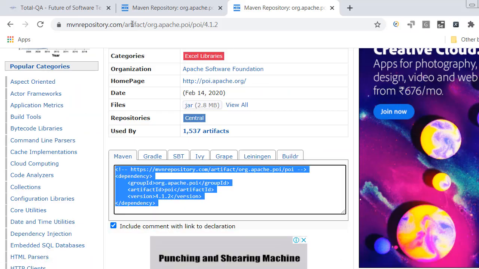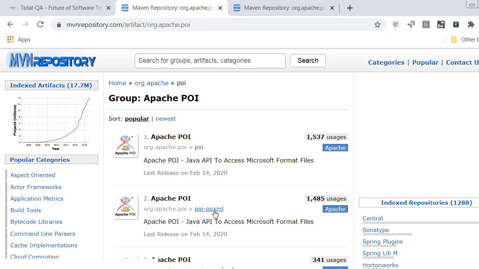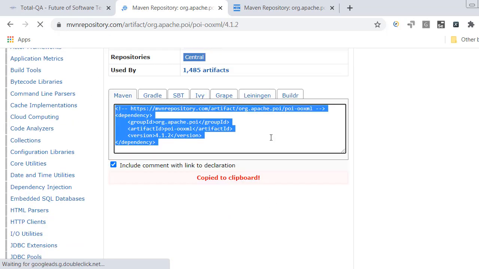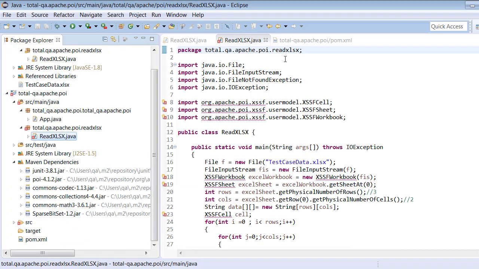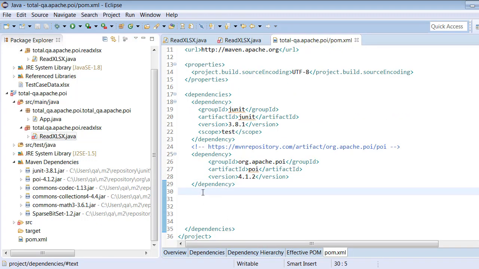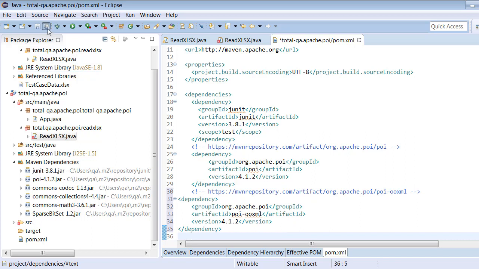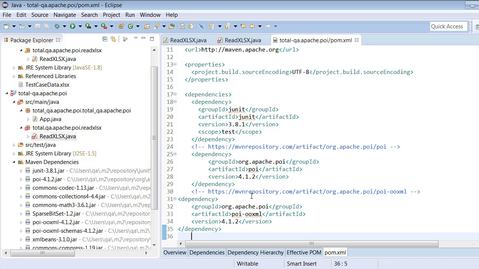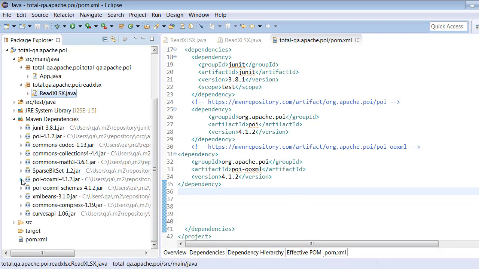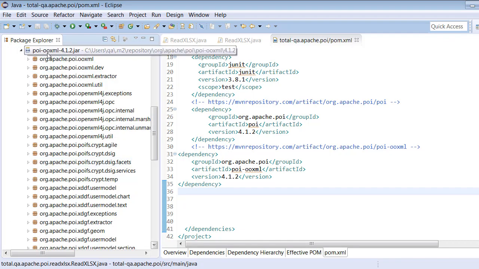So go back to the Chrome browser again. Try to select the POI-OOXML package. Click on the first version, which is the latest version. Then copy it. Go back to Eclipse. Just add this dependency in the pom.xml file. Then save it. It will take some time to build the workspace. Once the workspace is built, guys, just do one thing. Go back to the POI-OOXML, expand this